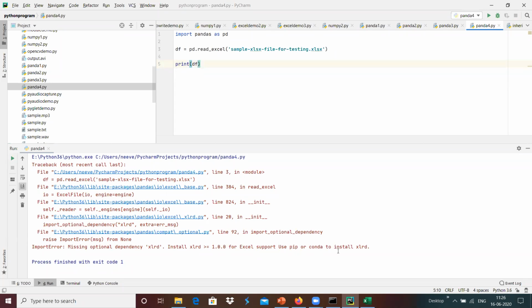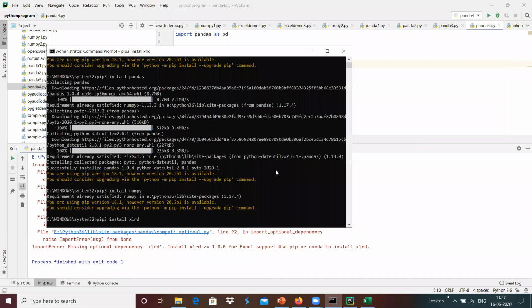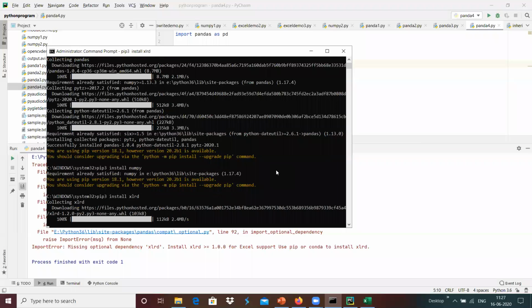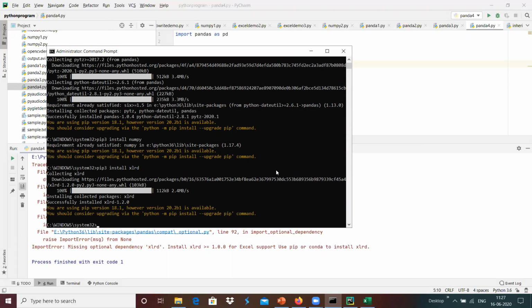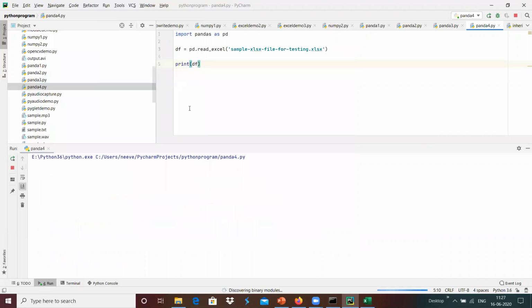Yeah, maybe we can use pip3 install xlrd over here. Now I'm going to run panda 4 again.